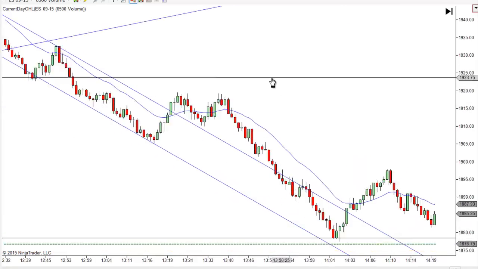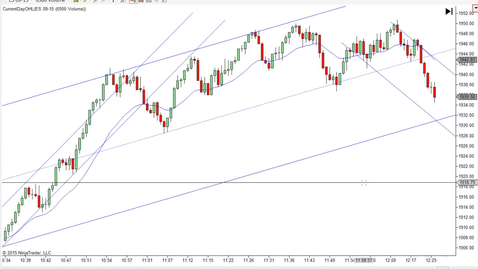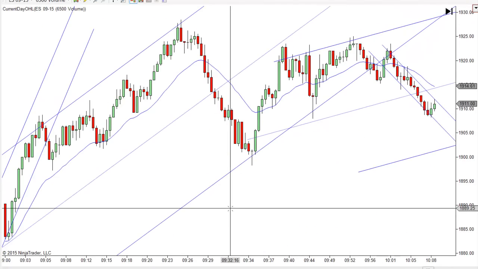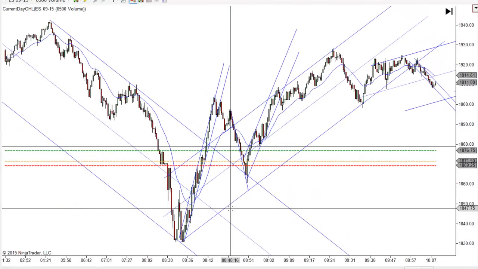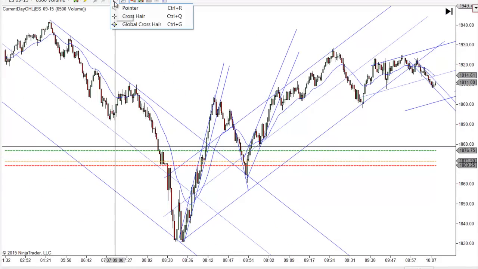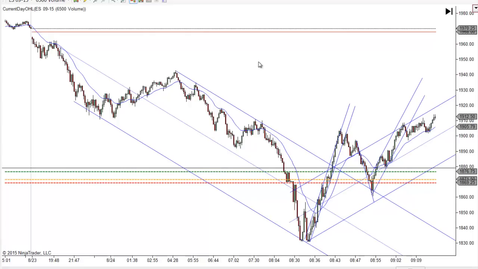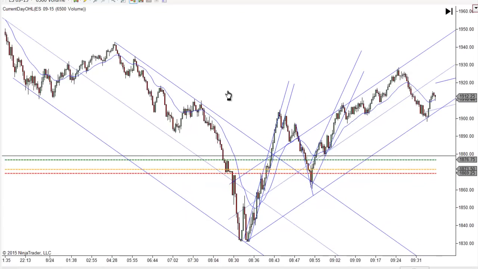So again, I'm not going to try to talk about all the trades today. There's so many that it'd take all day to go through them. But understand that you don't get a lot of opportunities like this. So if you're comfortable and if you can afford to use a little bigger stop and a bigger target, you can make some big money. Because if you could catch one of these moves,